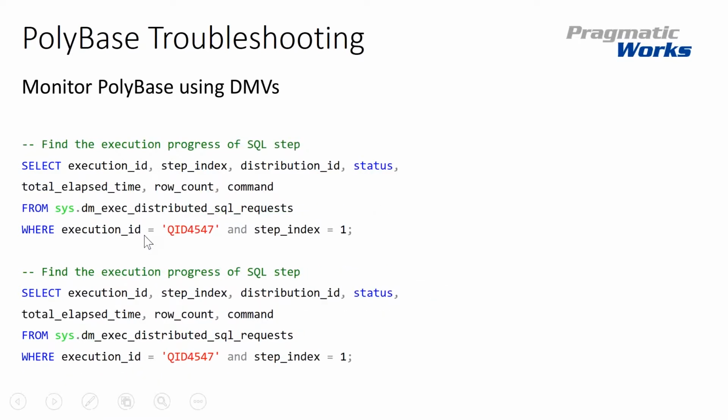Find the execution progress. So you kick something off, and you wonder what is going on, it's still cranking, why haven't I gotten a response back? This is how you'd find out where it's at. And then, looks like I pasted it twice. And then